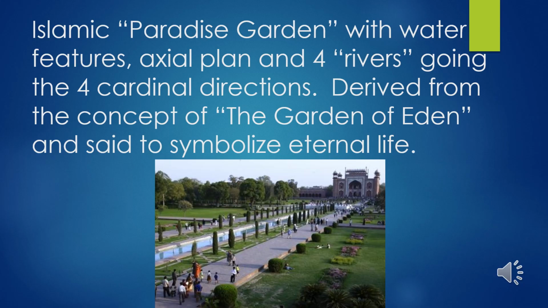There's an important thought in the Quran that God made every living thing of water. So water becomes a very important symbol in Islamic design. And so you come to the garden to interact with the water. And the water is symbolizing the four rivers of paradise. That's why it's called a paradise garden, going in the four cardinal directions: north, south, east, and west. The idea is to create kind of a Garden of Eden oasis.